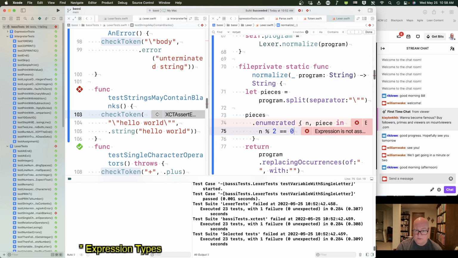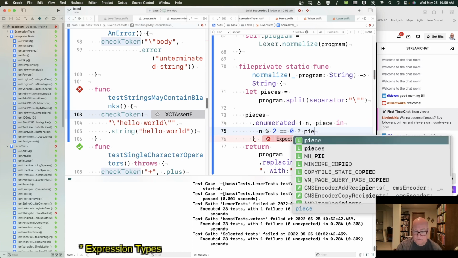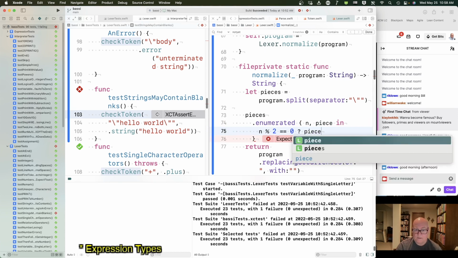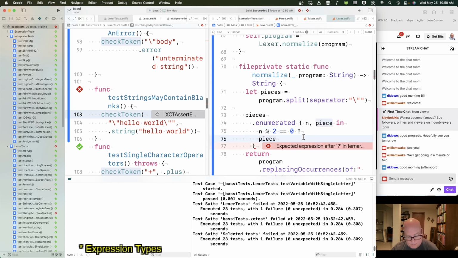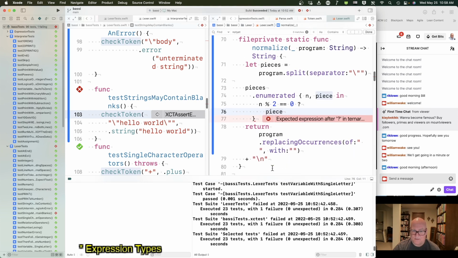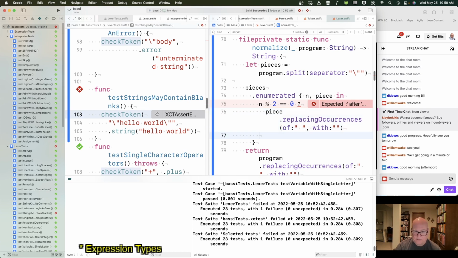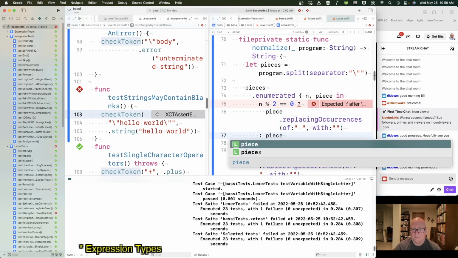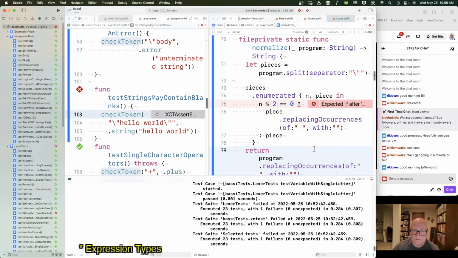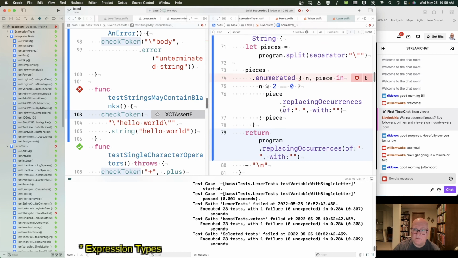If it equals 0, then we're going to return the piece, replacing the parts. Okay, so this thing: squeeze out the spaces on the even pieces, and on the odd pieces, we just return them. Okay. And then